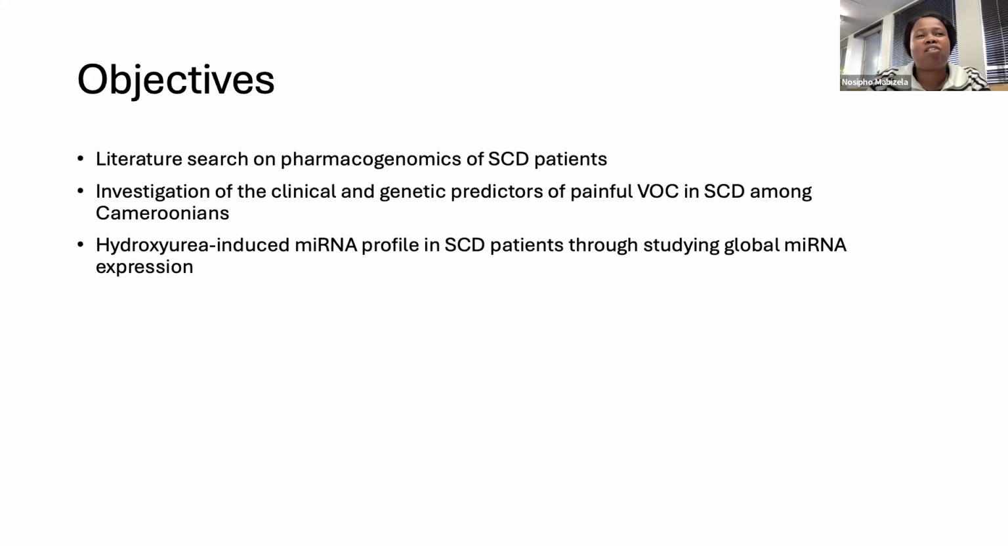to look at the microRNA expression under hydroxyurea, how does it act? What genes are they linked to? Do we have any microRNA that are targeting genes that are responsible for gene expression that will help us to understand, or maybe to get other biomarkers for therapeutics in our sickle cell patients, specifically in Africa,